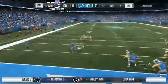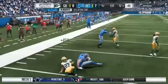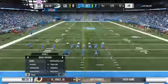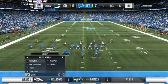Following the interception here, Mariota. And wait, the tight end's got it. And he'll get it up to the 12-yard line here. Give him 9 there on the first down completion. Seeing that play and understand just how tough it is to cover tight ends, especially the ones running around the